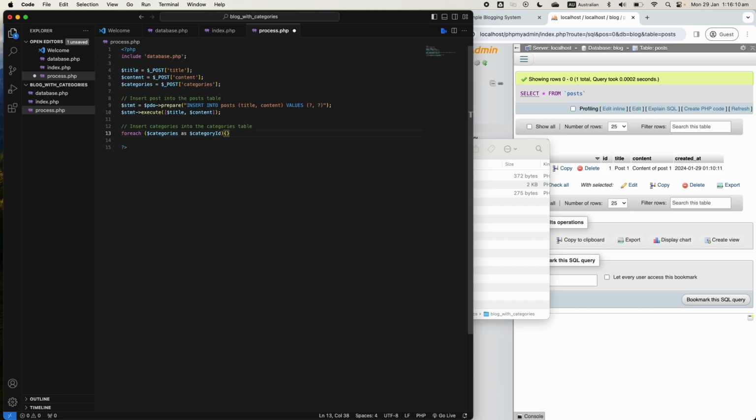If you have a look at the form, we see that we echo the ID of the category as a value. So we can say that category here is a category ID. We have multiple of them, and we're going to loop through each of them using foreach. We will have another prepare statement where we say insert